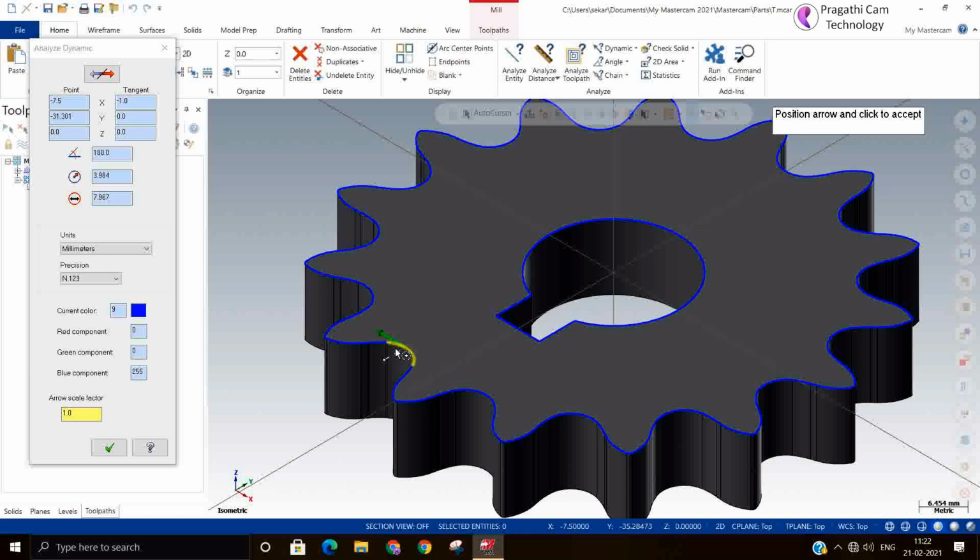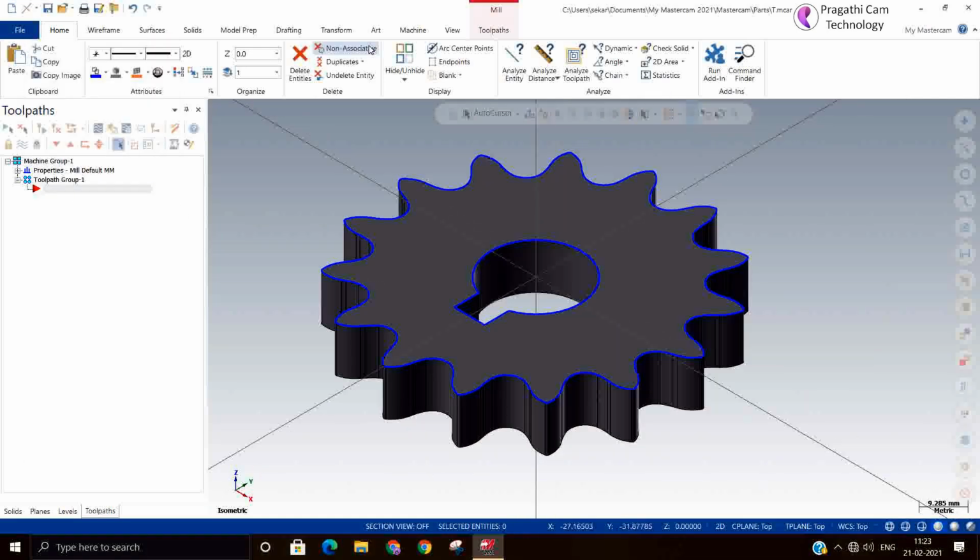Around 7 radius is there. What cutter can you take? Less than that. We can take a 5 or 6 diameter cutter. This will give you an idea of the size of the cutter you can use for this application.